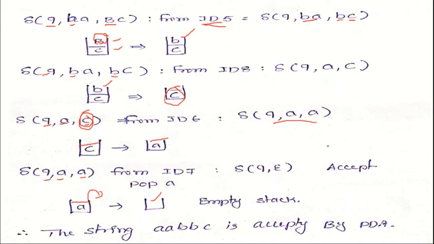So this is the process of the algorithm for conversion from context free grammar to PDA, how to construct a PDA for the given context free grammar, and how to validate whether our constructed or designed PDA is a correct one or not.